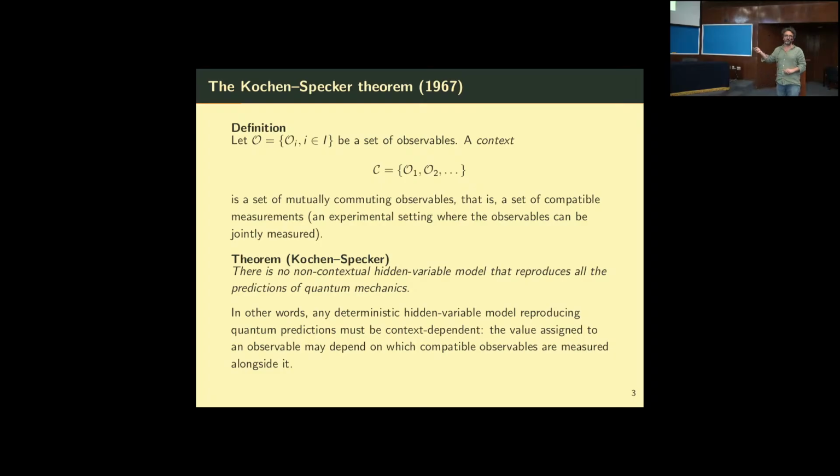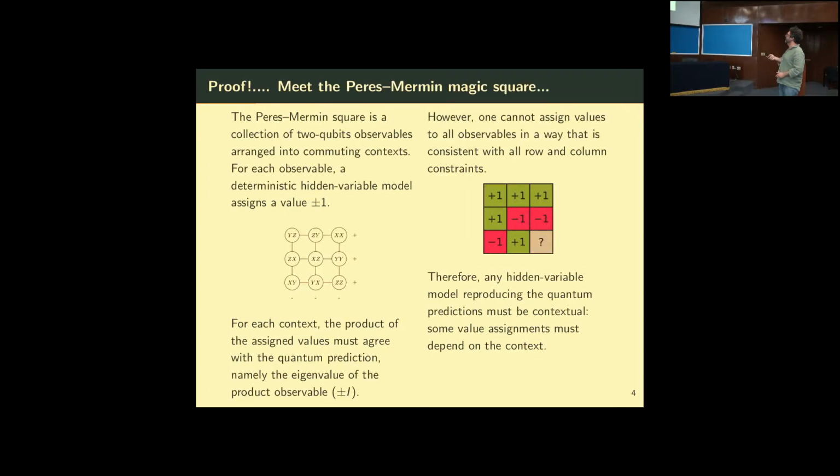So the first important slide is the next one, because this theorem that we cannot understand when you see it for the first time, we're going to prove it. And once it's proven, you will at least get the feeling that maybe we understood a little bit what it was about. So I'm going to show you a proof which was proven by Asher Peres and David Mermin. I also have a slide with all the references for concluding the talk, so you will be able to get the information. And the Peres-Mermin square is a collection of 2-qubit observables arranged in a family of contexts, so sets of commuting operators,